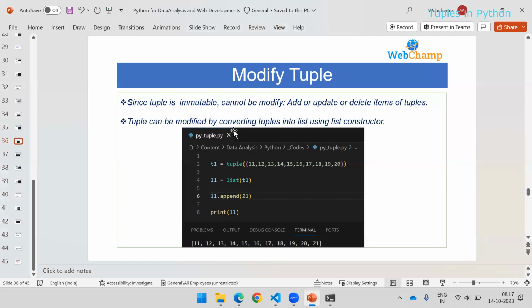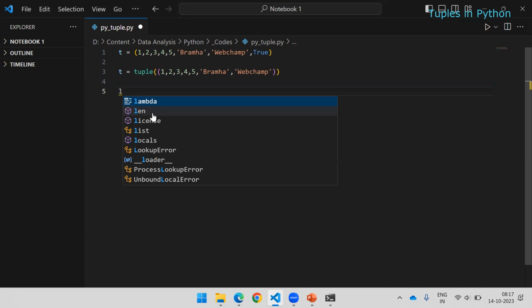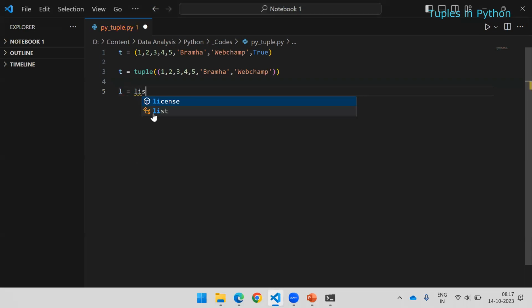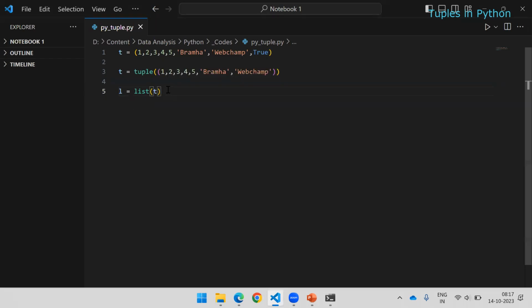Then how to do this? Okay, so to perform that kind of operation, to modify the tuples, you need to convert this tuple into a list. So if I say L is equal to, and by using the list constructor, there is a function called list. You need to call that function directly. So if I say list,